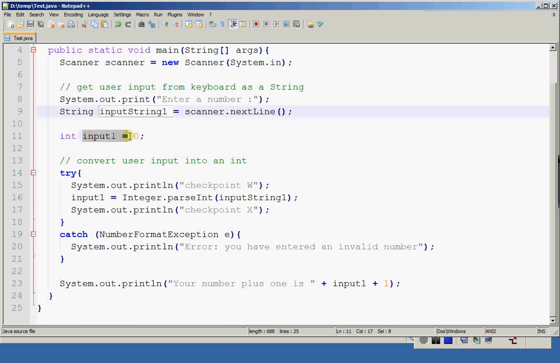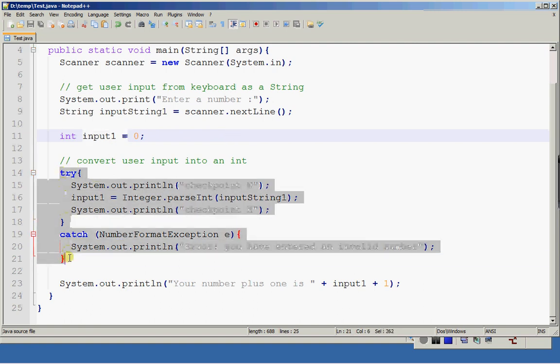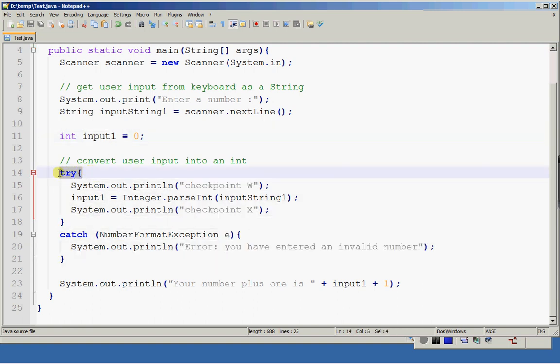Now I've declared a local variable called input1, set it to 0 for now. And here is the main part I'm going to show you here. There's a try block which starts from line 14 and ends on line 18. So this try block has got 3 statements. Now line 15 simply prints out a line to the screen, checkpoint W, to show you that the line has executed. Line 16